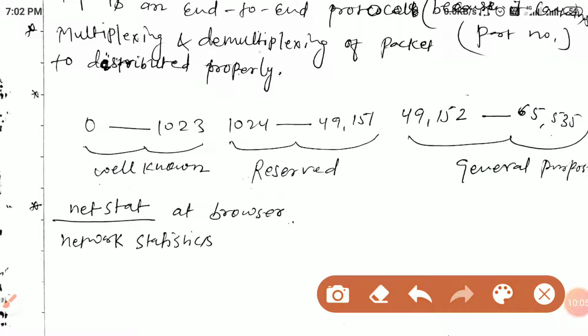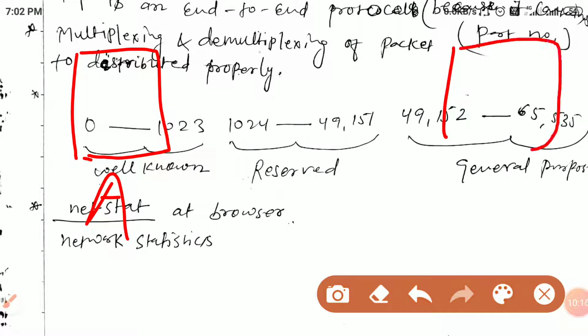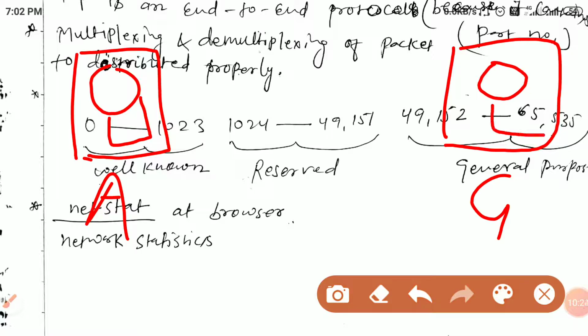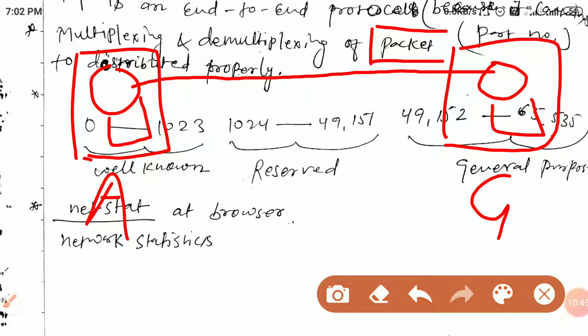Sorry, I need to draw once again. So this is sender A, and this is the receiver Google. This is the server process. Now suppose sender A wants to communicate to receiver G. As I said, TCP is connection oriented, so they will reserve CPU, bandwidth and buffer. So this is the reserved bandwidth, and this is the reserved buffer.